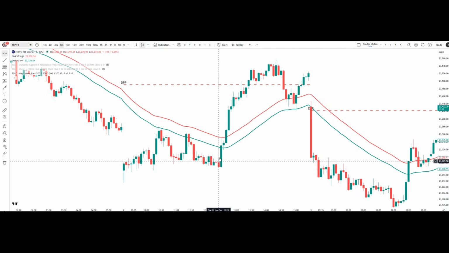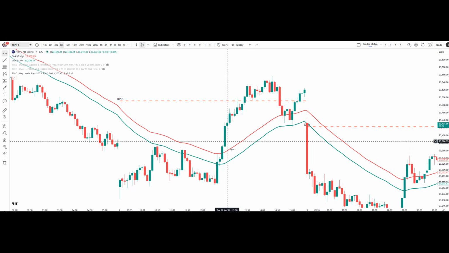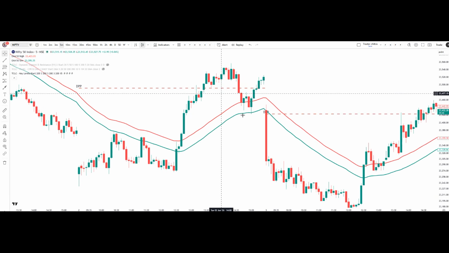Again we can see one green candle which gave a close above the 50 moving average low and high. This green candle took support at this moving average, and after that we can see a nice up move. Again the next day we can see a rejection from the moving average, and after that